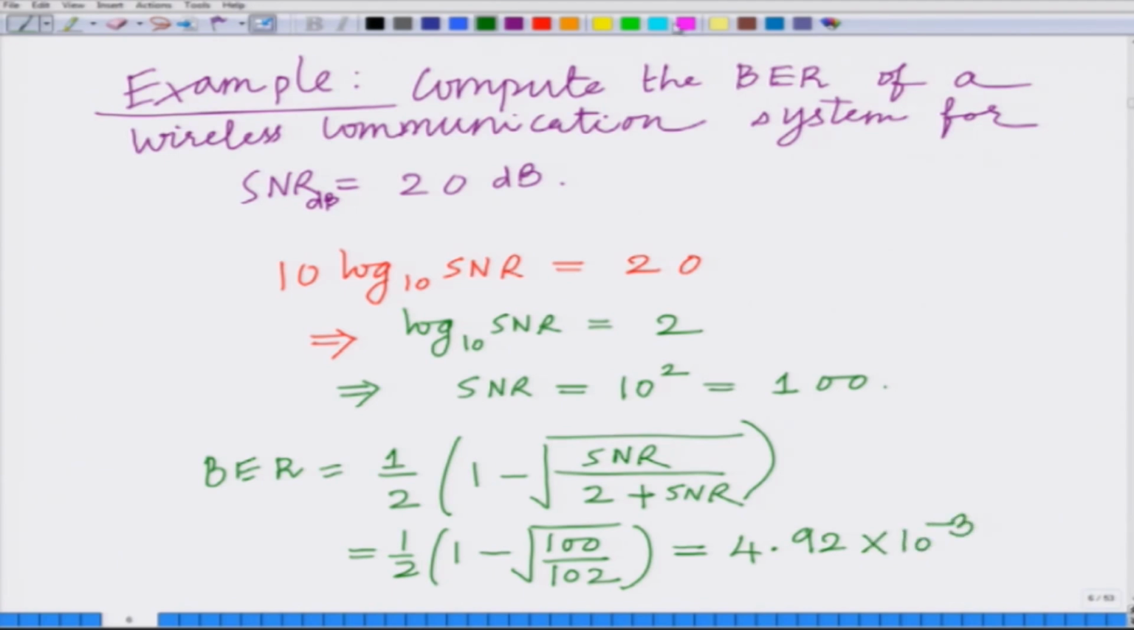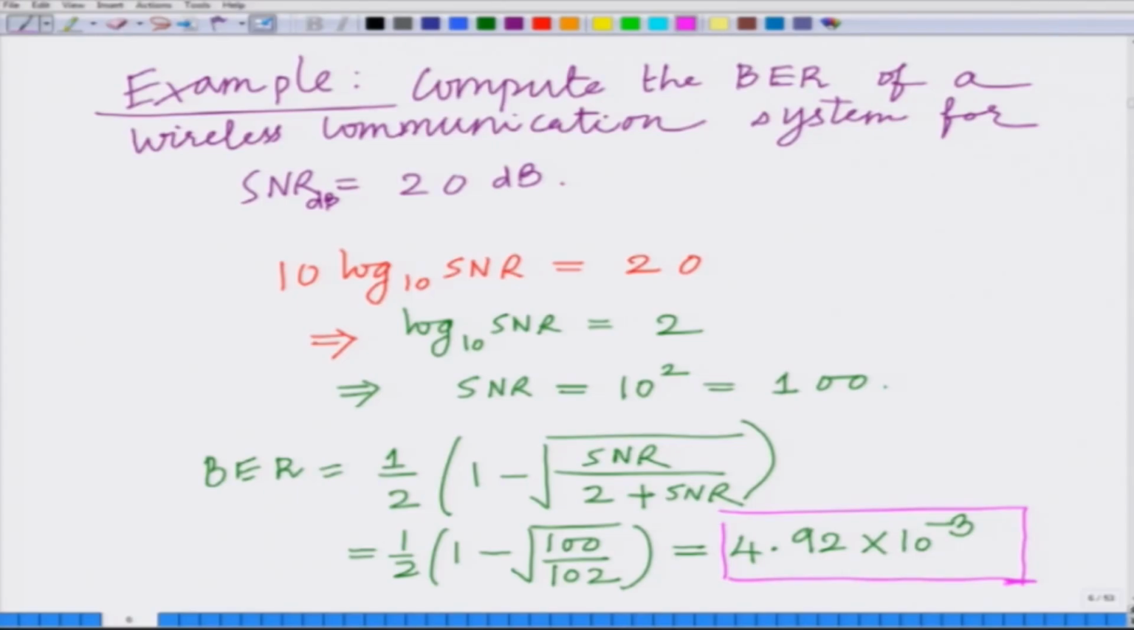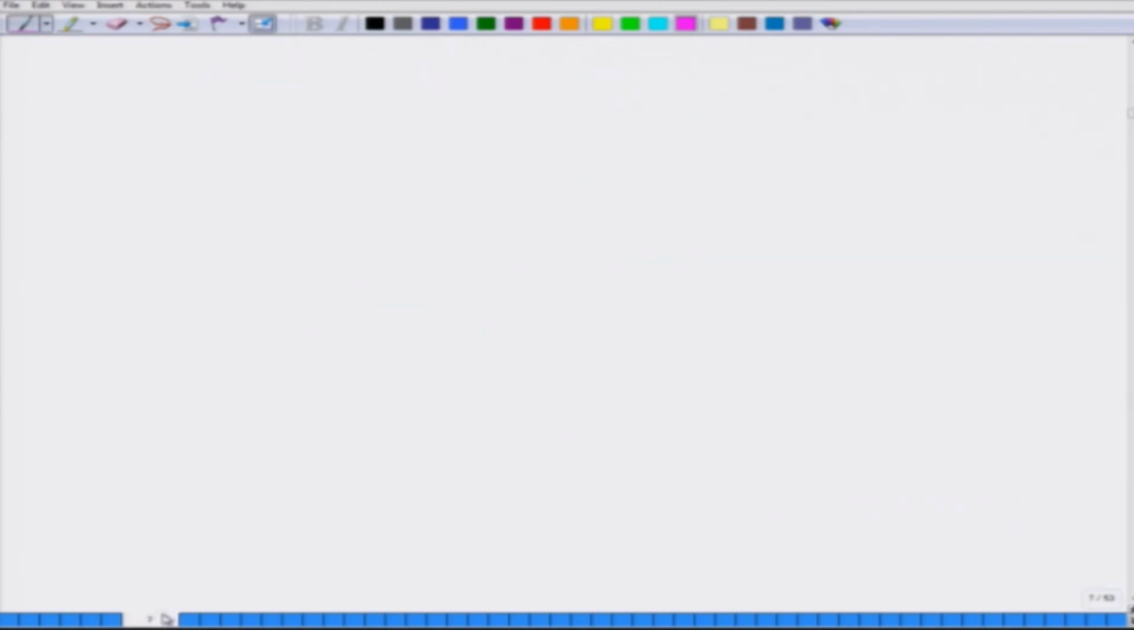So, the bit error rate in a wireless channel at 20 dB SNR is 4.92 times 10 to the power of minus 3. Right. So, what we have done is we have computed the bit error rate in a wireless communication system with fading for BPSK transmission at an SNR of 20 dB, and the answer is 4.92 times 10 to the power of minus 3. Now, let us do another example to understand this better,